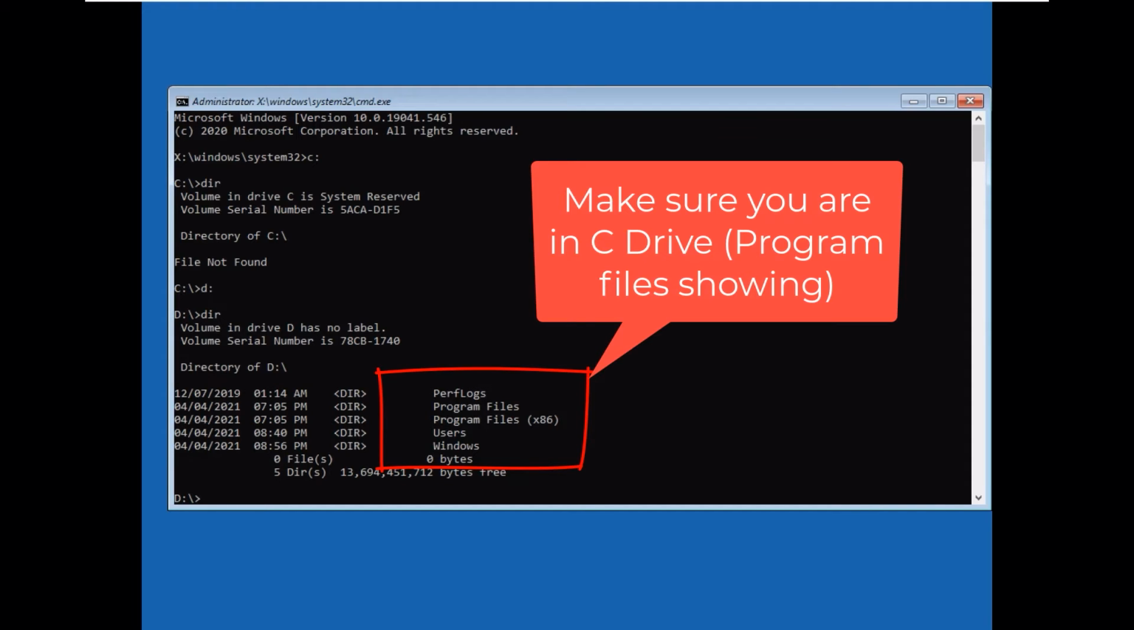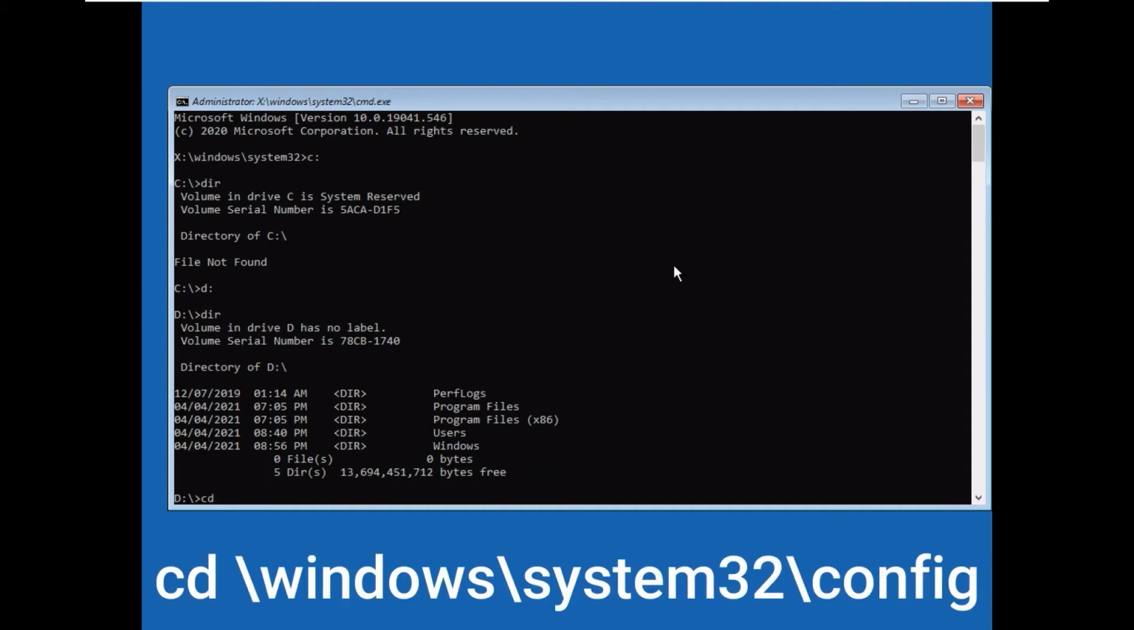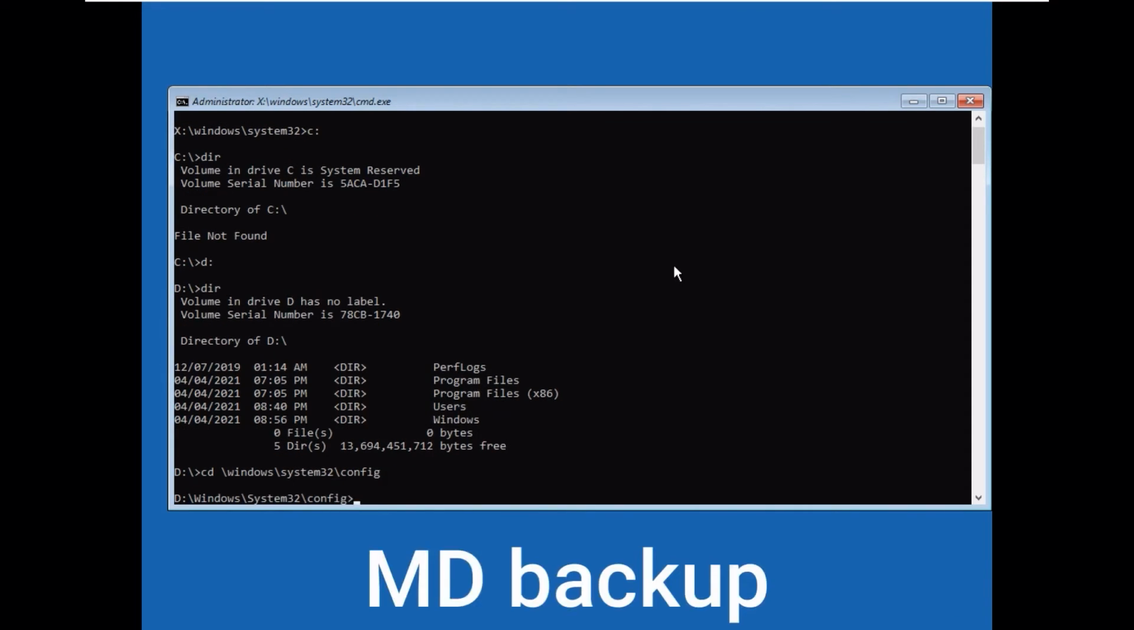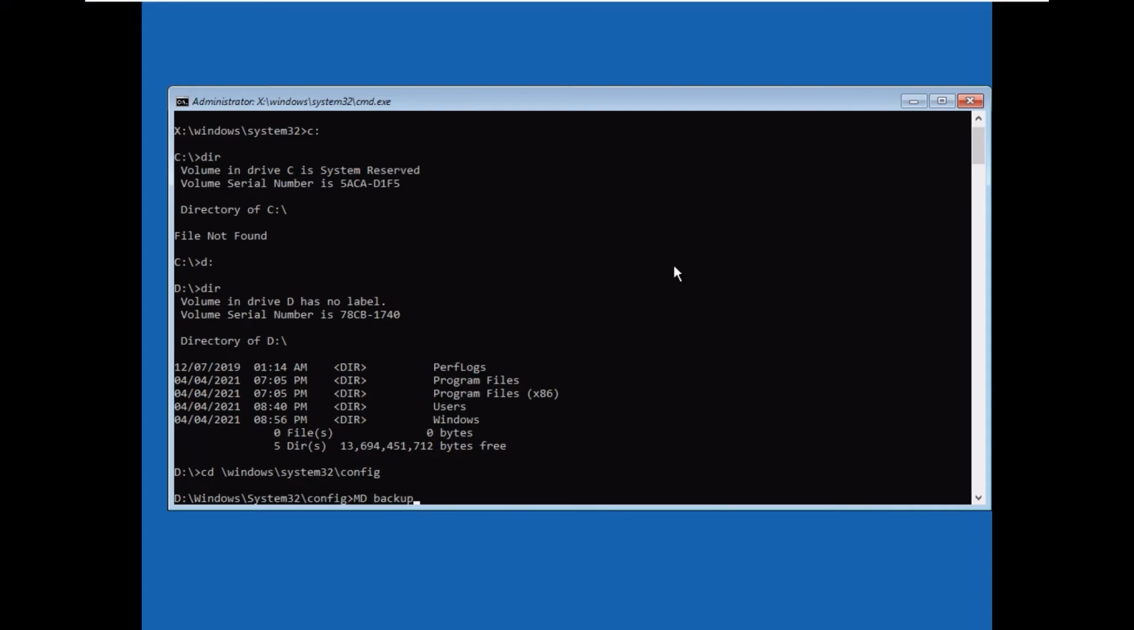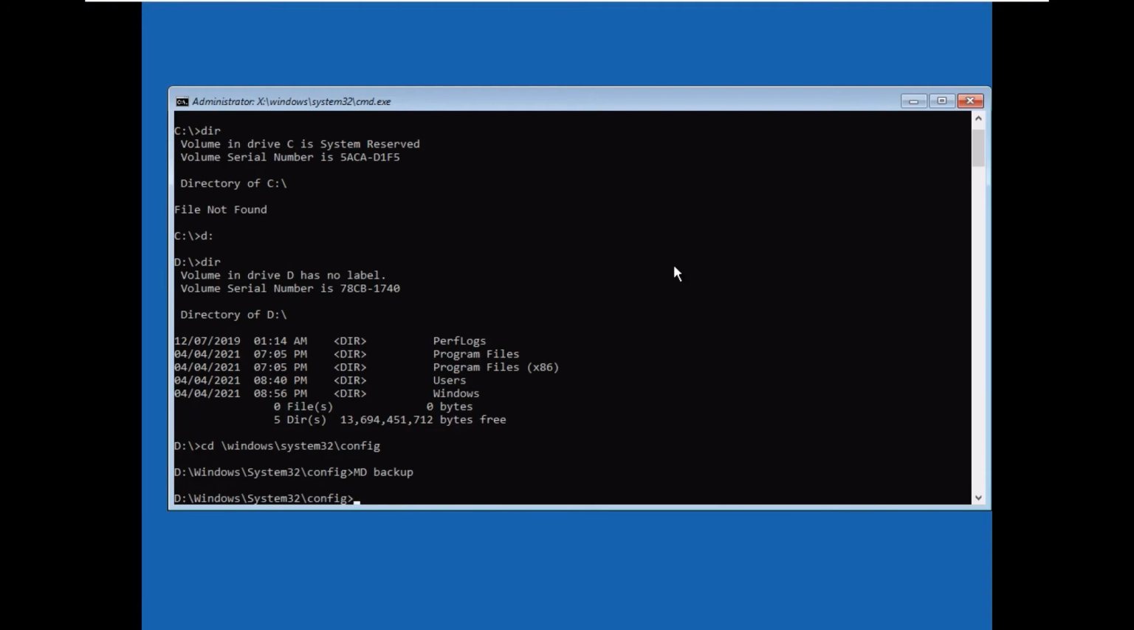Next type cd space /windows/system32/config. Now press enter. Now type MD in capital and space backup in small case. After that press enter. Okay, then type